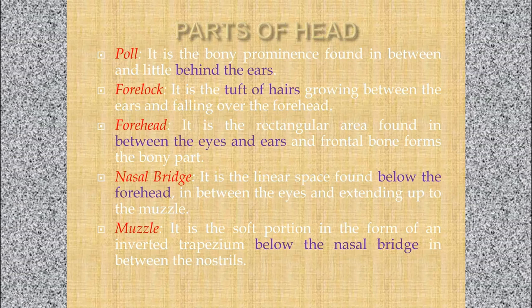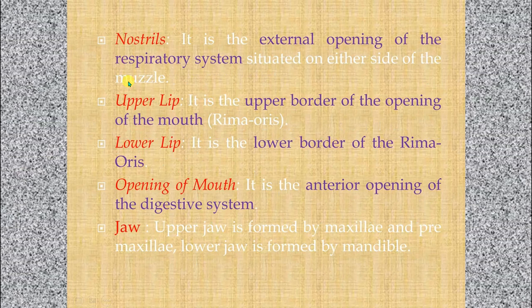Then the nasal bridge is the linear space found below the forehead and between the eyes, extending up to the muzzle. And the muzzle is the soft portion in the form of an inverted trapezium, below the nasal bridge and between the nostrils. So nostrils are the external openings of the airway or respiratory system, situated on either side of the muzzle, and the upper lip is the